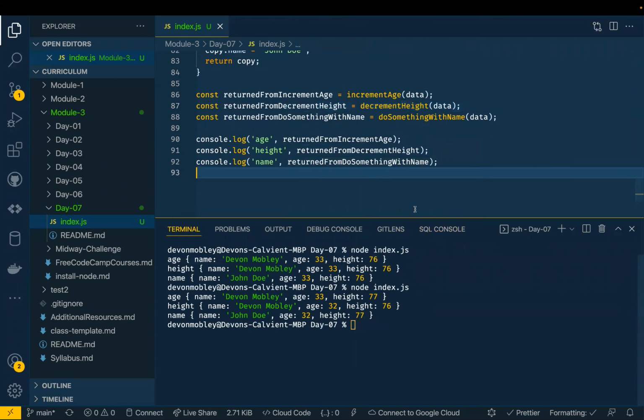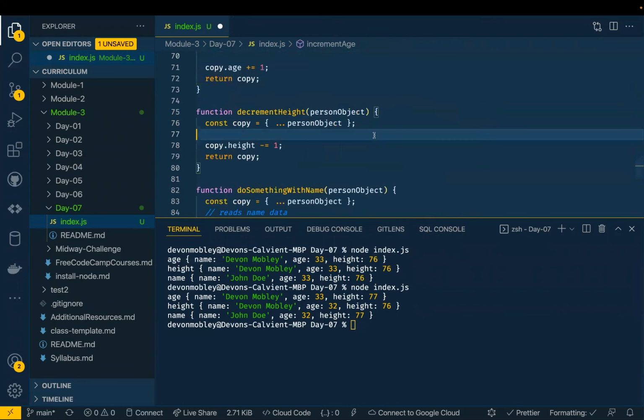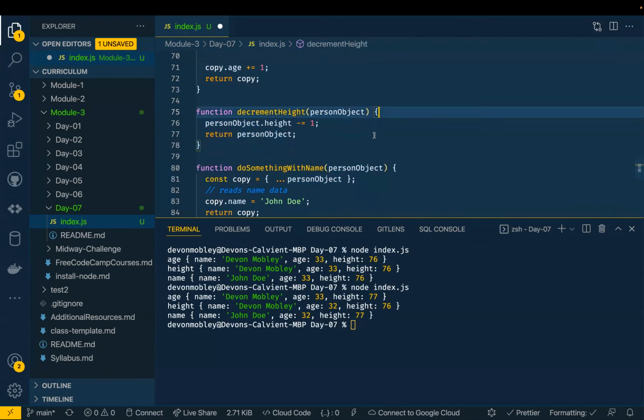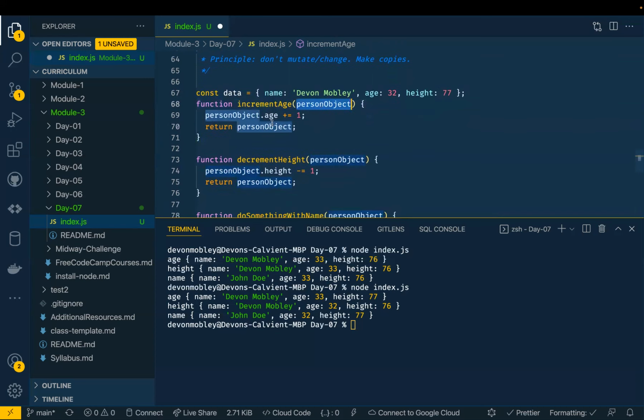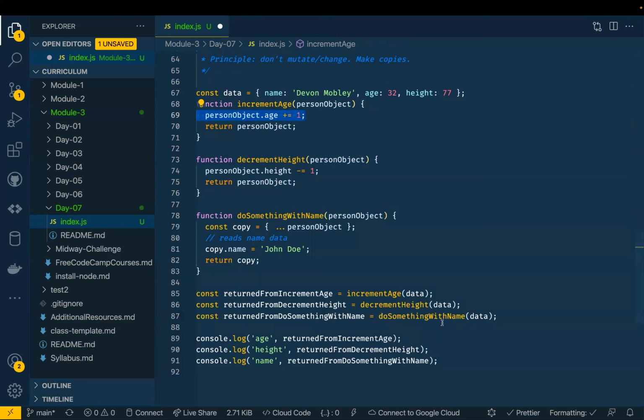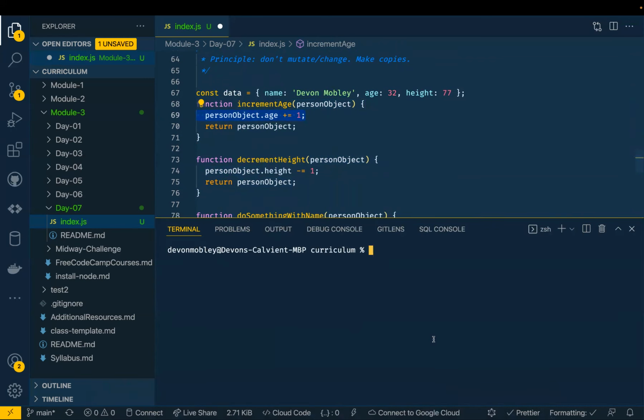Yeah, okay. So if I were to make these all return the original. So in other words, this takes some data object and it returns the same data object, but it also mutates it. Then what happens is,